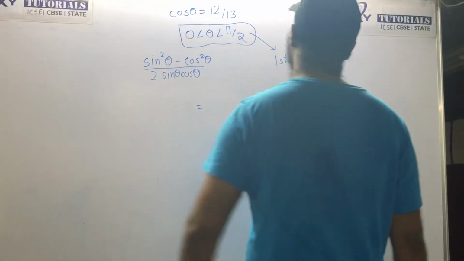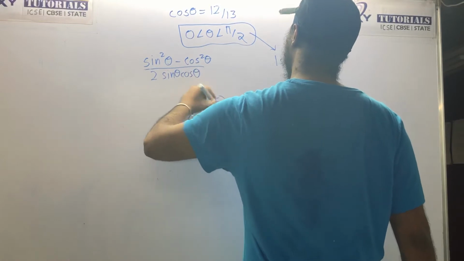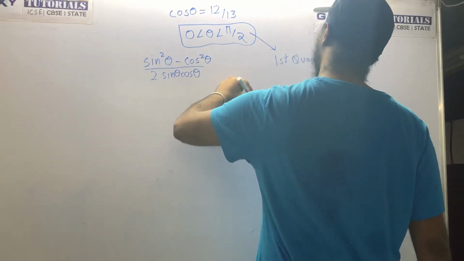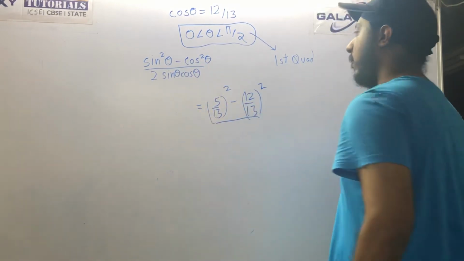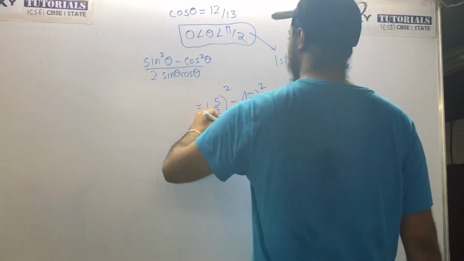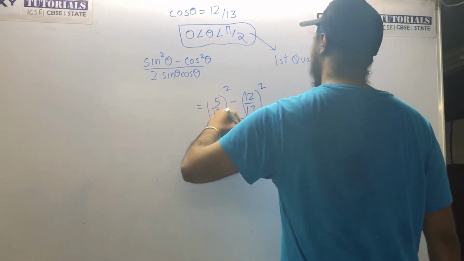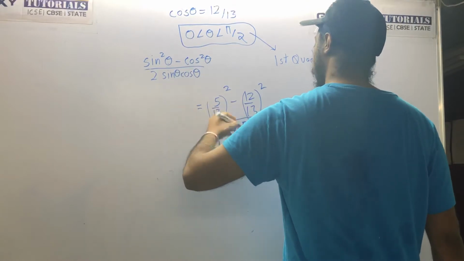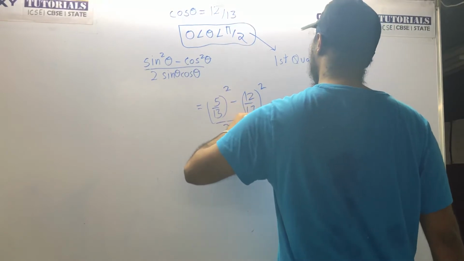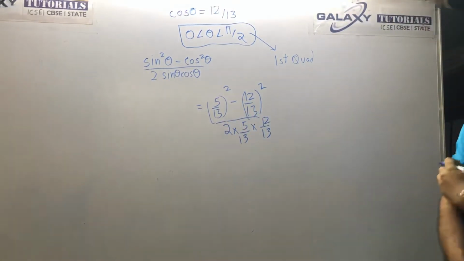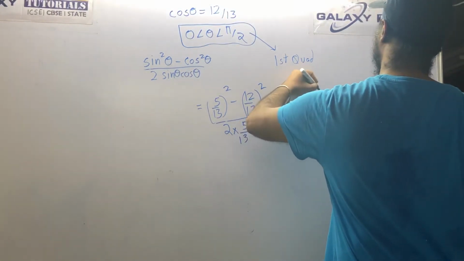Sin theta was how much? 5 by 13. So 5 by 13 whole square minus 12 by 13 whole square, upon 2 into 5 by 13, into 12 by 13. Now just a little simple simplification. So 25 minus